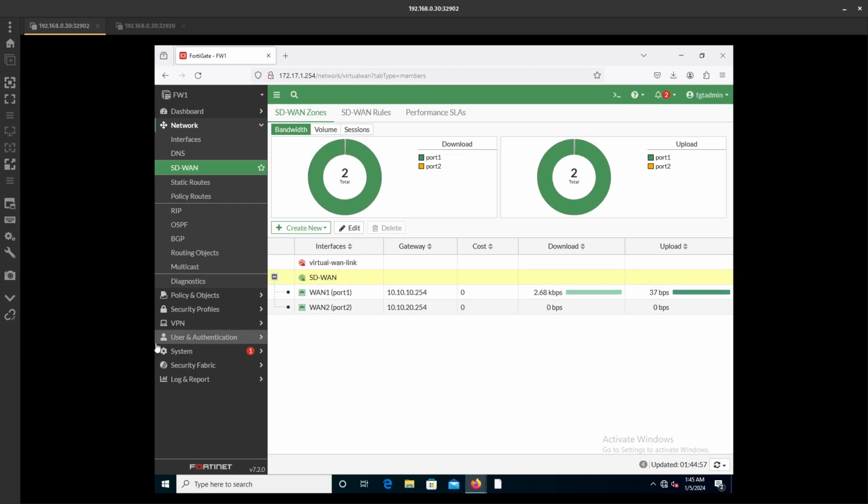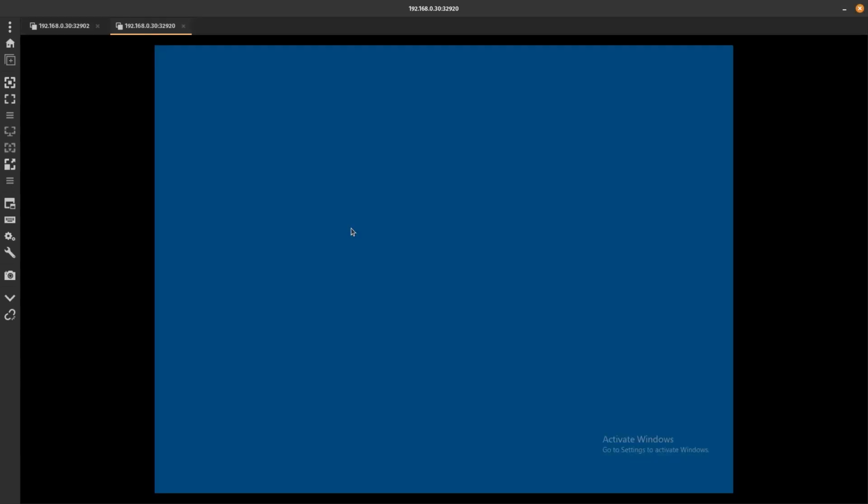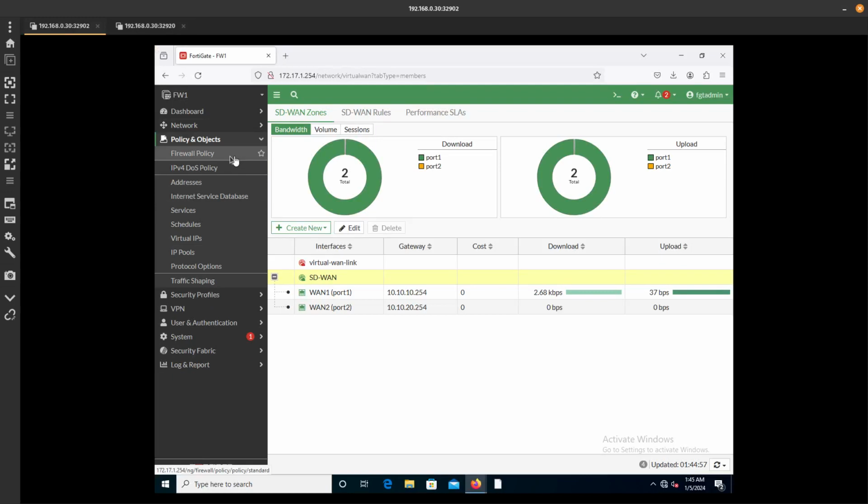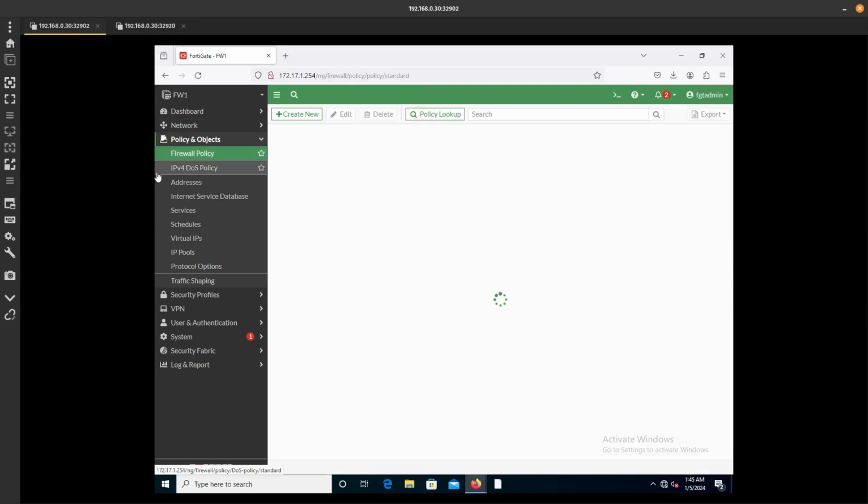And so the next step that we want to do after this is that we want to go ahead and create the policy that is going to allow us to go out, right? So we're going to go over here. We are going to go into Policy and Objects, Firewall Policies,